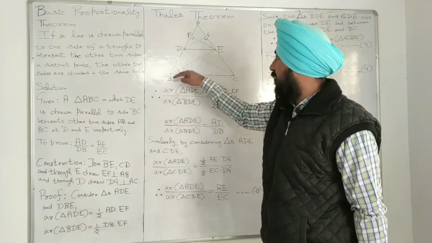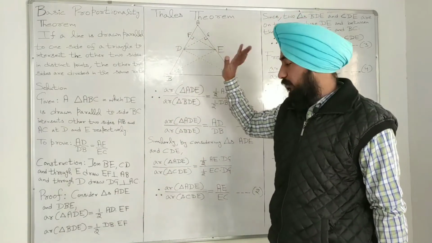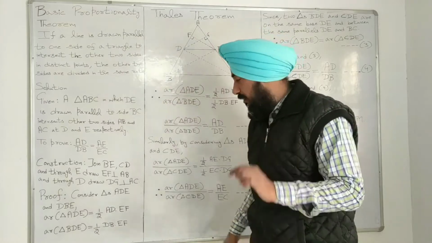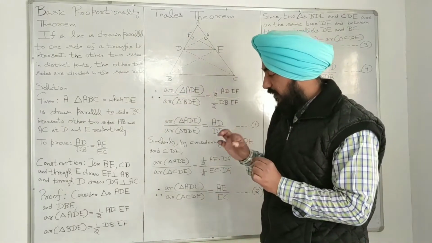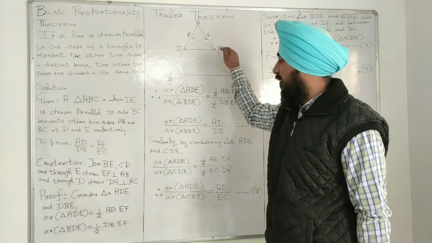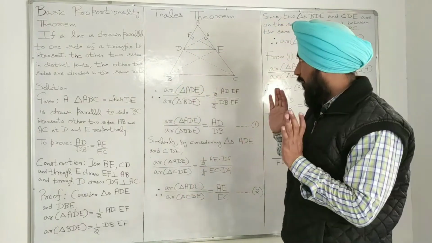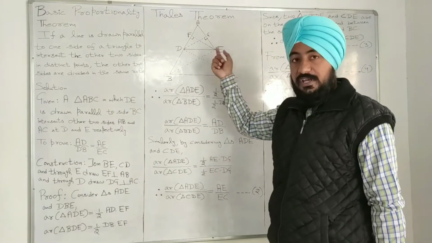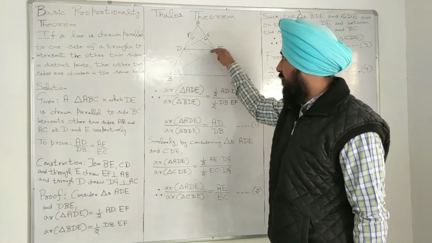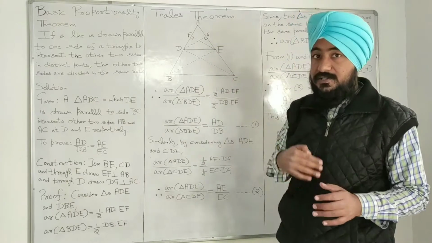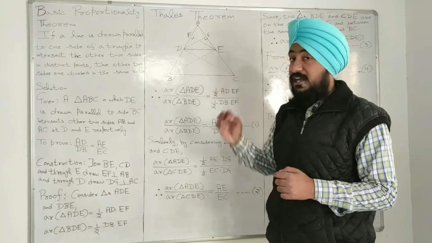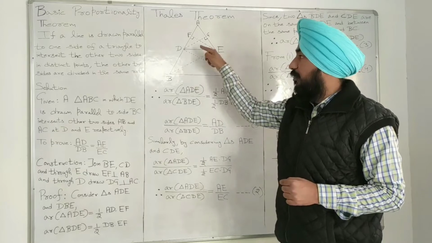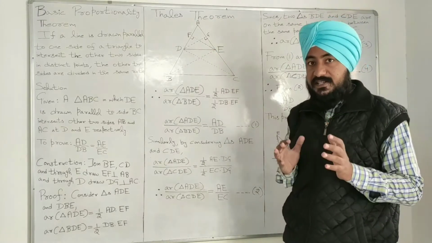Okay. So here in the triangle DBE, the base is DB. Now please see here. Notice I have taken the height of triangle DBE as EF. Please see carefully. This EF is not coming inside this triangle DBE. Besides that, I have taken this EF as the height of this triangle DBE. So what is the logic or the reason behind this?